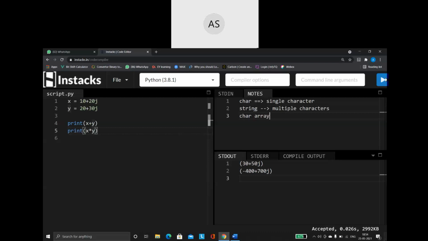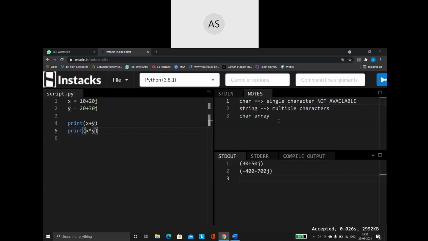But in languages like Java and C Sharp, we have a data type called string itself. So for a single character, the data type is char. When you want to store multiple characters, it's either a string or a char array. But when we come to Python, this char data type is not present. It is not available.